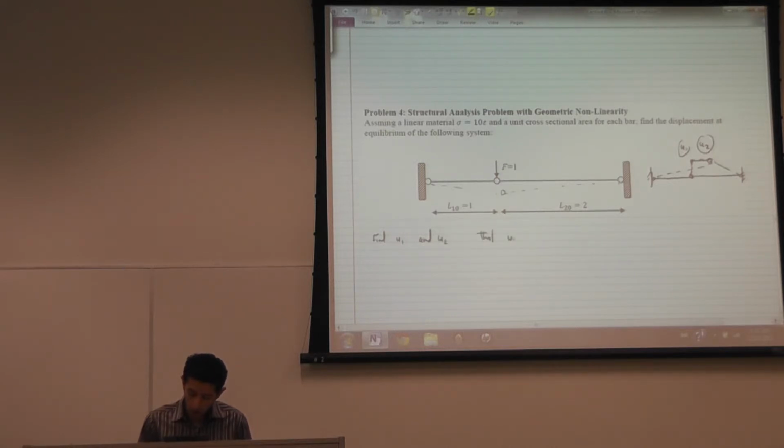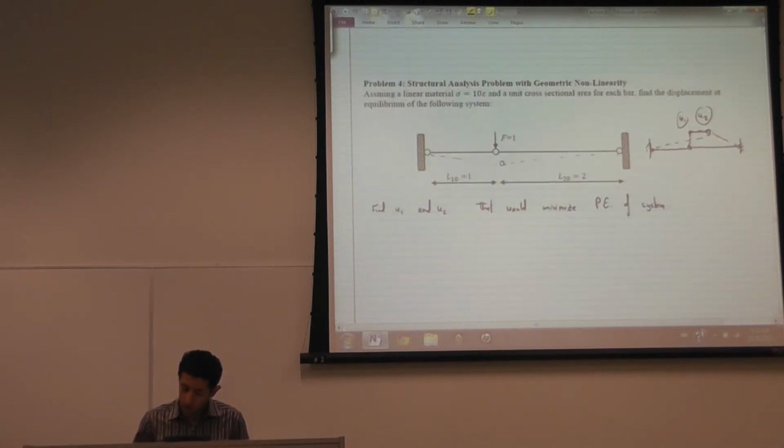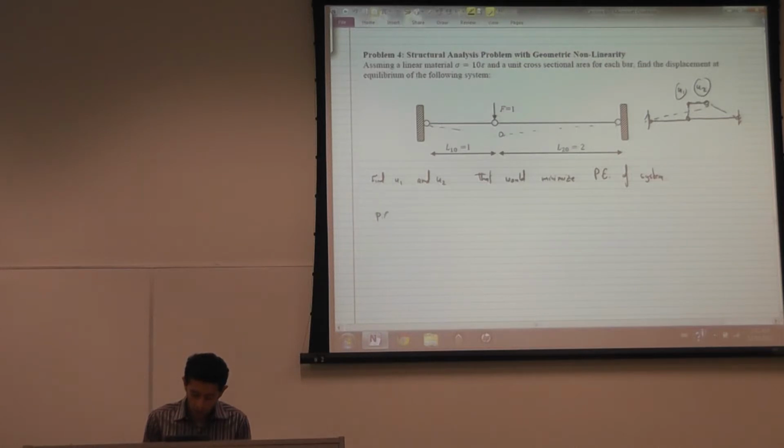Find U1 and U2 that would minimize the potential energy of the system. So what is the potential energy of the system? Potential energy is equal to the internal energy minus the work done by external forces. The internal energy, for every bar, is equal to